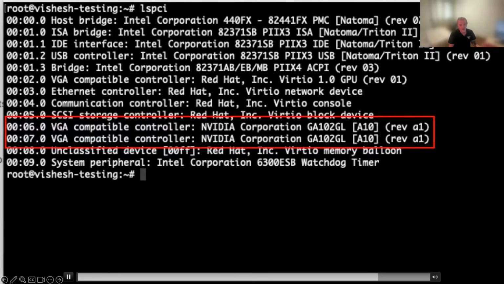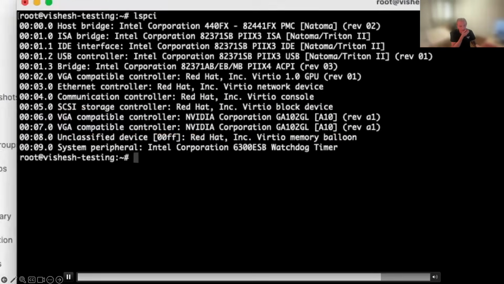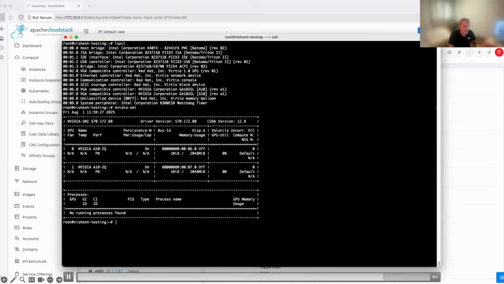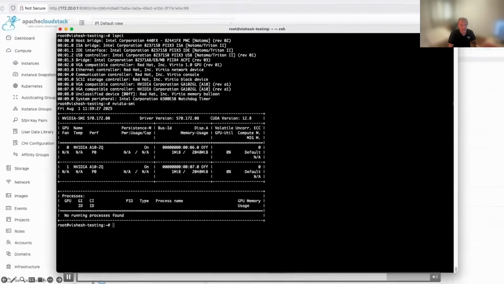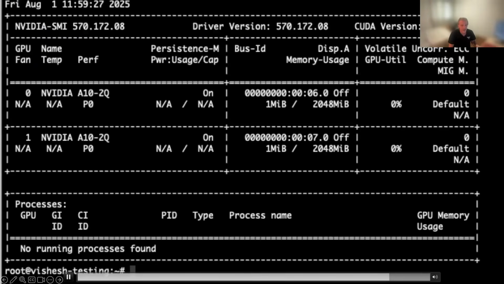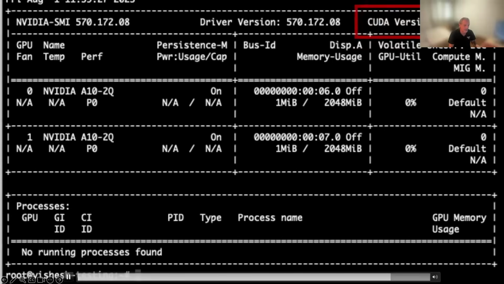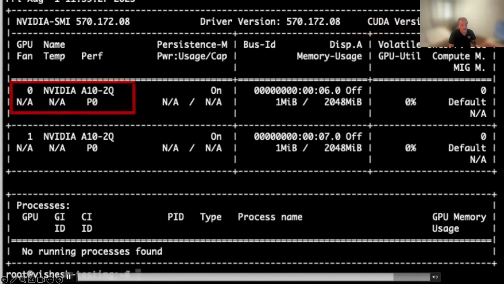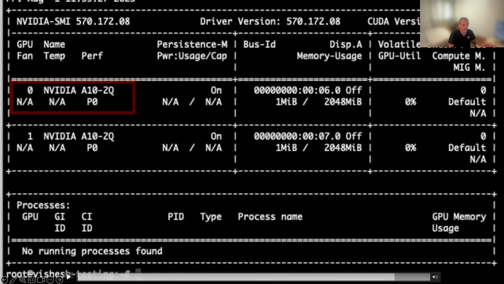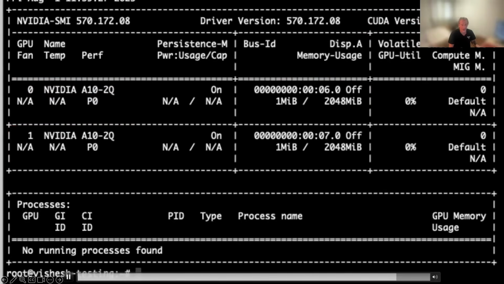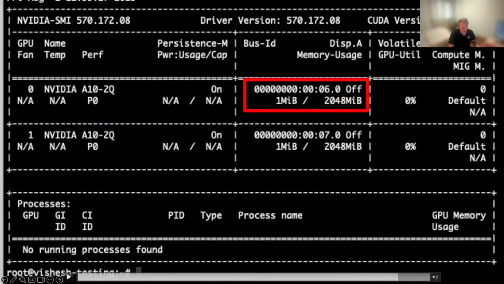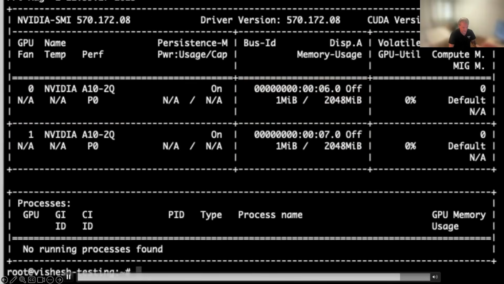And using the NVIDIA application, because I'm using NVIDIA in this case, you can see the CUDA version used and the profile, in this case A10-2Q,